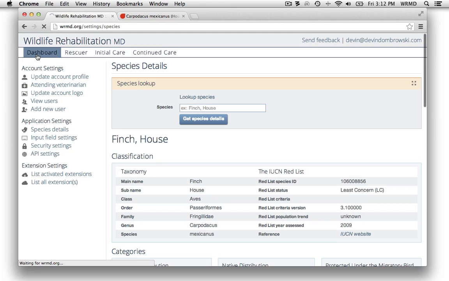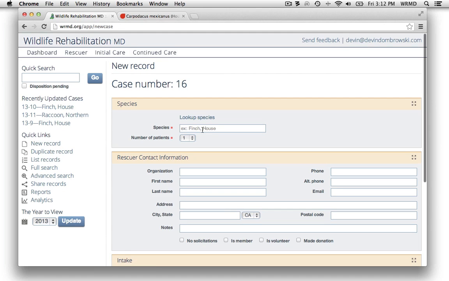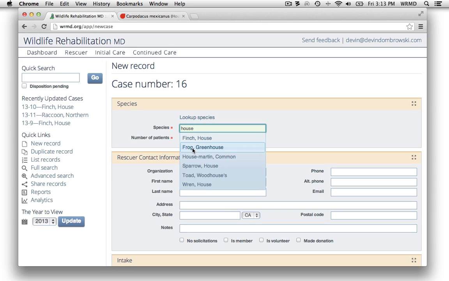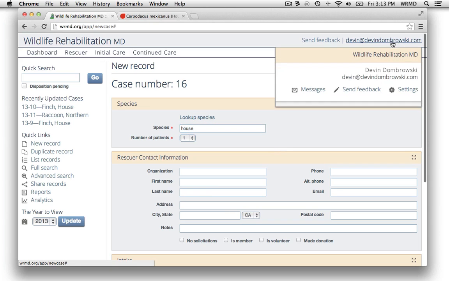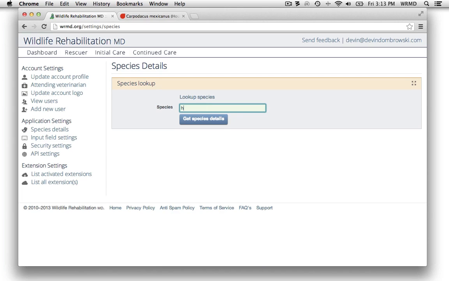I'll briefly go to the screen. We'll want to create our new record first by identifying the species. So if I start typing in house, of course, it gives me all the species that have the word house in it. But I don't think greenhouse frogs are native to California, which is where I am right now. Or they're even found in California. Well, under settings, species details, I can go to house, greenhouse frog,